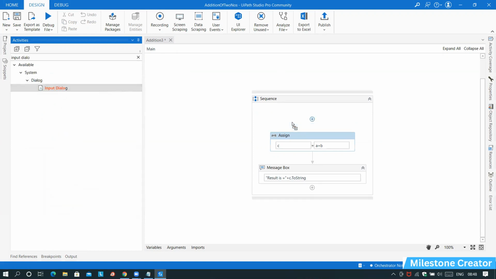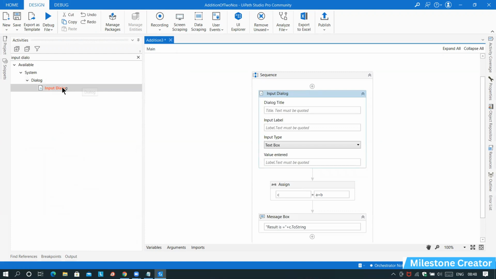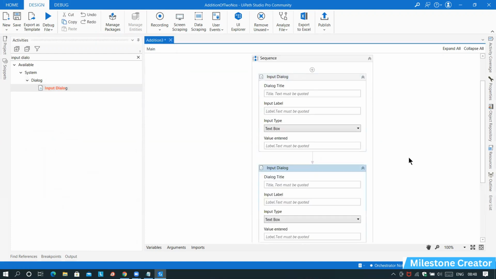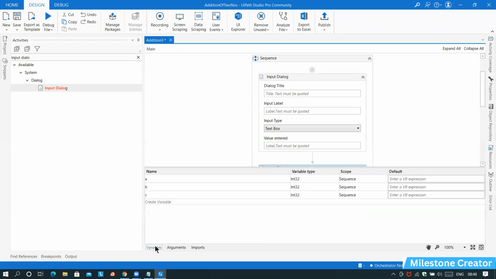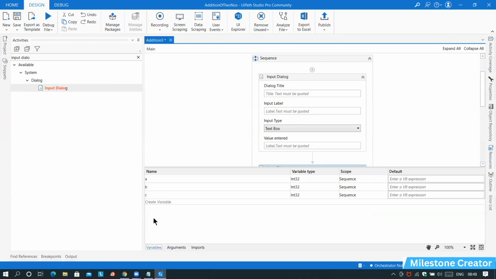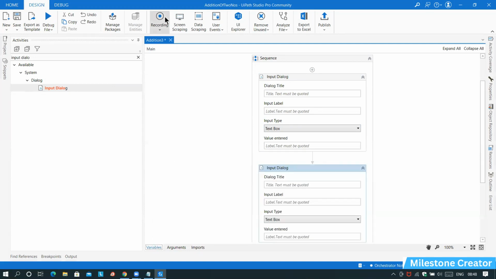Drag that Input Dialog Box. I want to take one more Input Dialog Box. By using this Input Dialog Box, we can read the input at runtime. Already I have created the variables A, B and C. I want to take the input into the A and B variables at runtime. So this time,